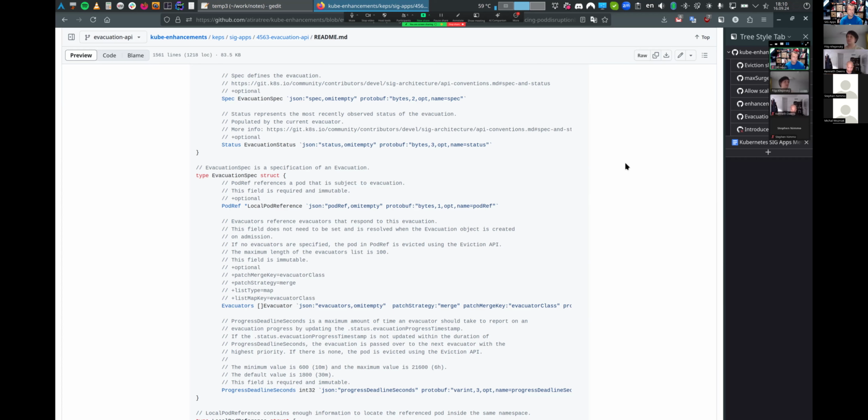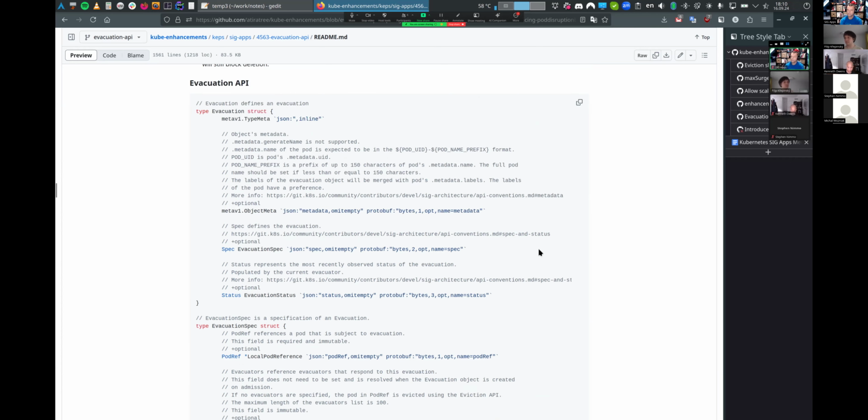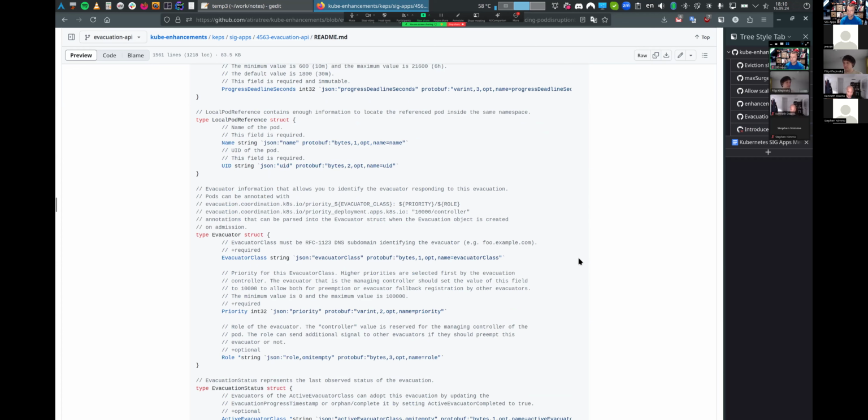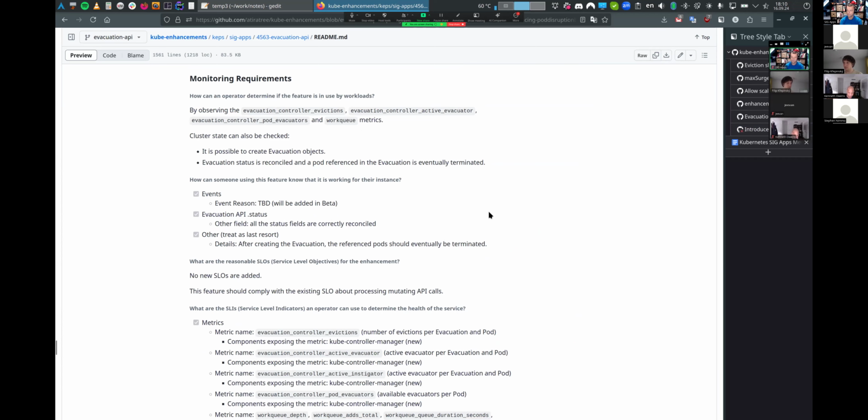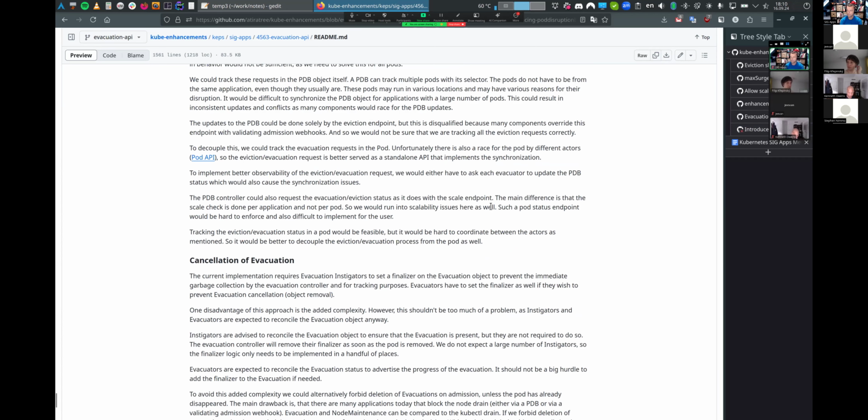So yeah, this is not important for this. This is just the evacuation API, but I will go into the doc if we need to. Or I can actually show the section on enhancing pod disruption budgets. But